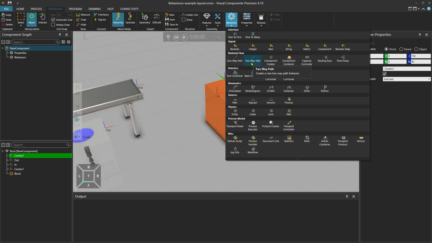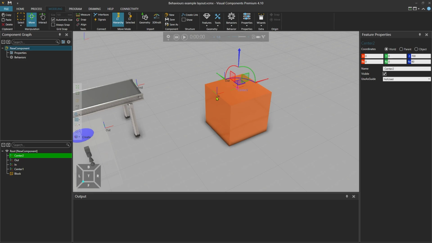These positions are defined with frames, as mentioned before. In addition to the physical location of the path between the frames, the path behavior will also have other parameters to define, such as the speed of the path, the capacity of the path, or any sensors present on that path segment. The first path will be path in.